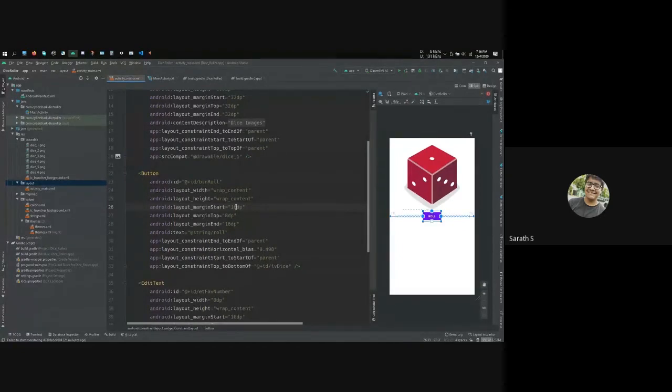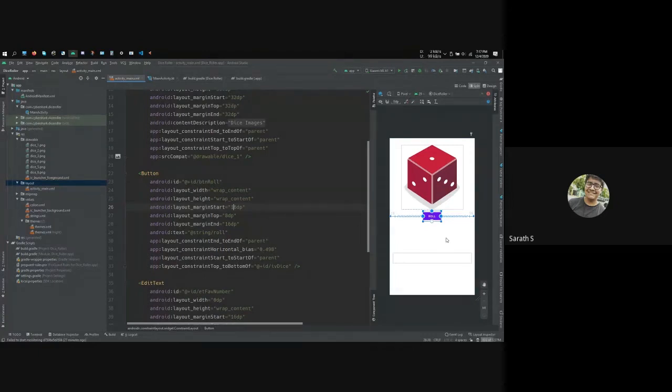So what you have to do is have an independent dimension for your views, and that is dp. If you give it 16 dp, it would automatically calculate all those hard math problems for you and display it the same way on each phone. So that's what it means, density-independent pixels. It is independent of the screen size or the resolution of the phone.